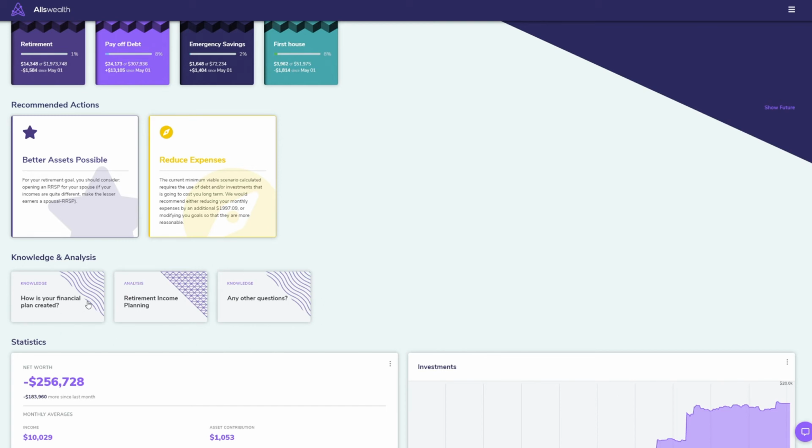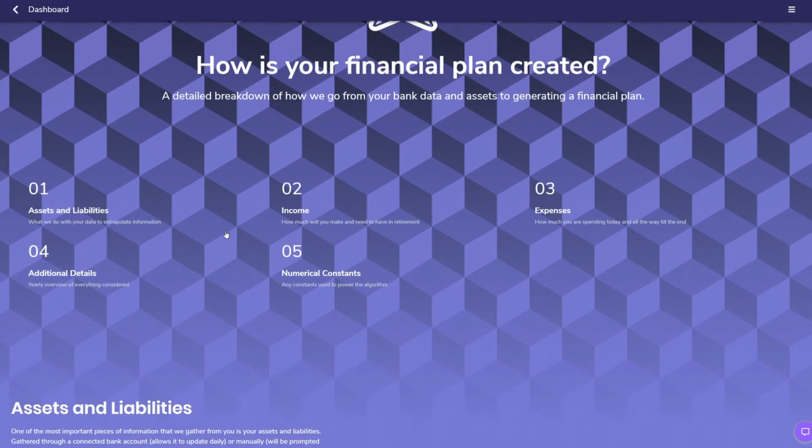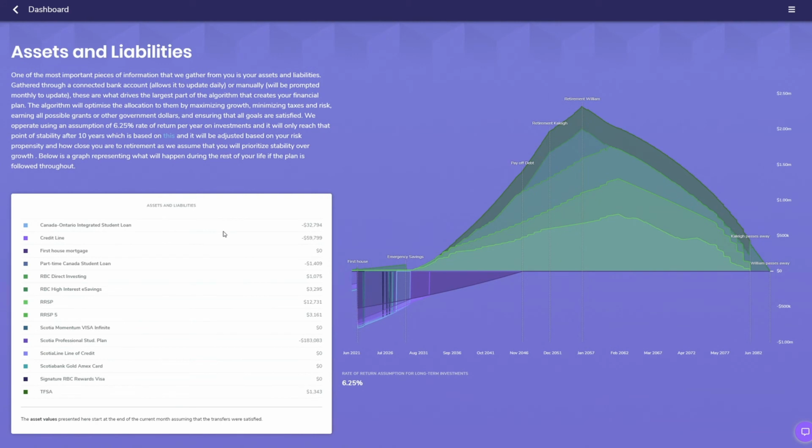There's one last thing I want to show you before we leave, and that's the knowledge and analysis section. Now, these are a set of articles that we've designed to dig deeper into what the algorithm is doing with your financial plan. Let's look at one of those articles, the How is Your Financial Plan Created one. Now, you'll get one custom made just for your plan that goes over a few things, such as your assets and liabilities, income, expenses, and all the decisions that the algorithm and the engine are doing to build your plan. So for example, if we look at the assets and liabilities, you can see how we're projecting that